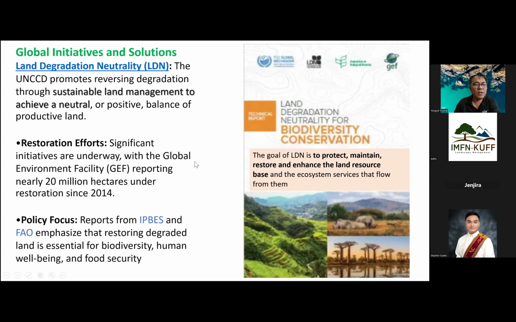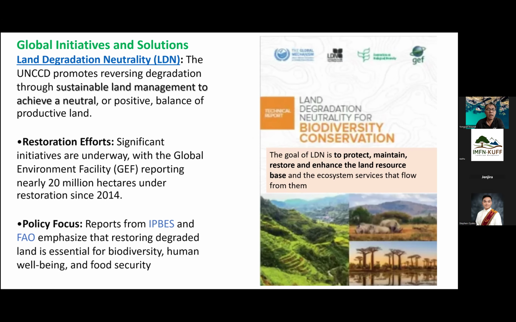There are lots of restoration efforts. For example, the GEF puts in a lot of money, aiming to rehabilitate about 70 million hectares of degraded land globally,